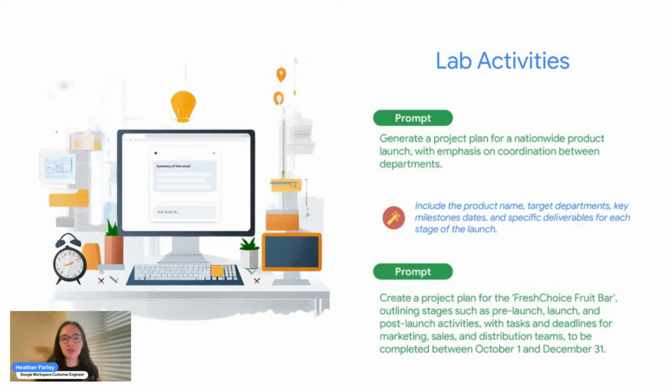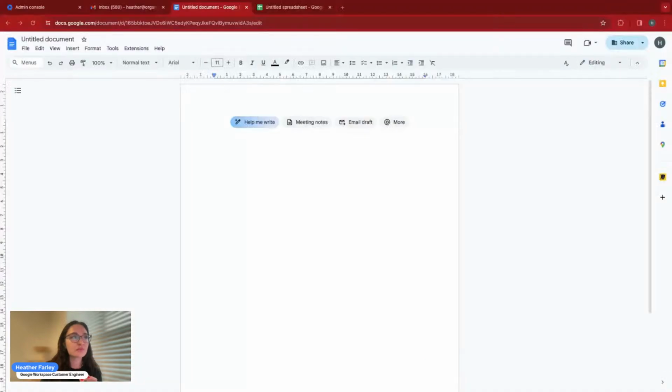Now, due to time constraints, I'm not going to input both prompts here, but generally, if you are doing this at home, the first prompt that we see is less detail-oriented. And the reason for that is to get you familiar with how details can really improve your experience within Gemini for Google Workspace. But because of time constraints, what I'll go ahead and do is input the detailed project plan prompt. All right,